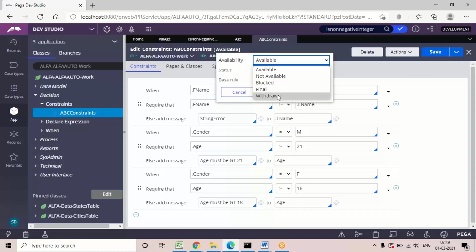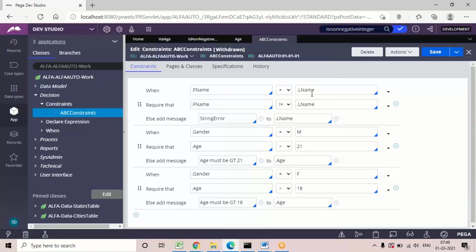So withdraw this rule so that it will not get executed. This particular rule will be completely dropped. Even though we are using this rule in the application, wherever you give input for the properties, if you withdraw this one, it will not execute these declarative constraints.